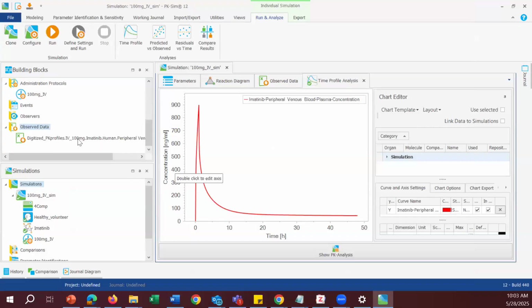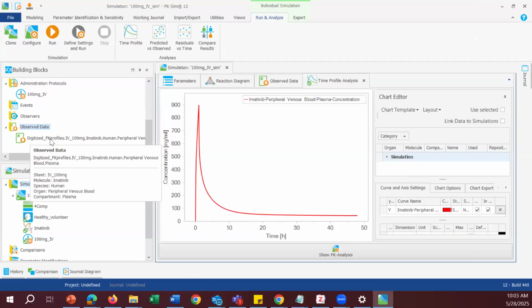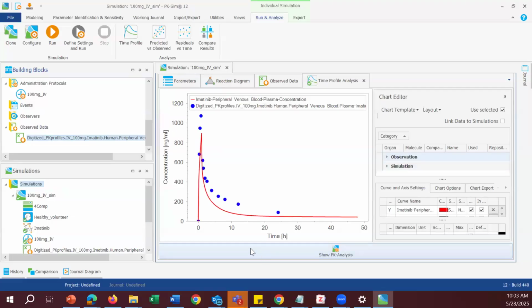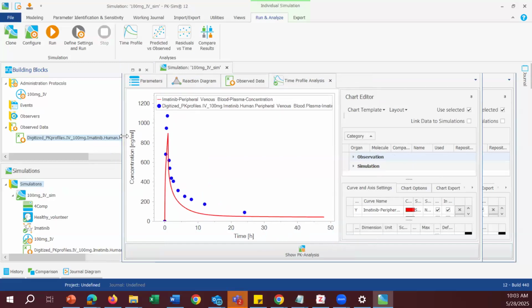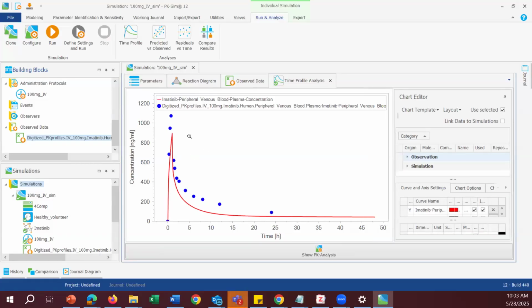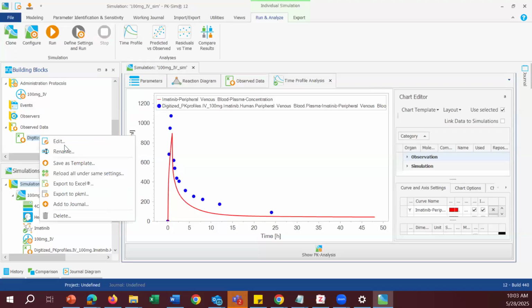Okay, so now I have that profile already in my workspace. If you want to bring the profile to your simulation area so that you can compare, then you can click this and drag it. Okay, so now that I have dragged it, we want to ask, is the profile matching? Is it not matching? I think this name is too long, so it's covering the CMAX. So I want to rename it